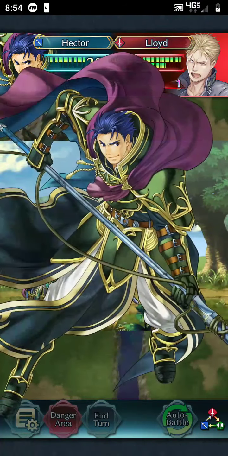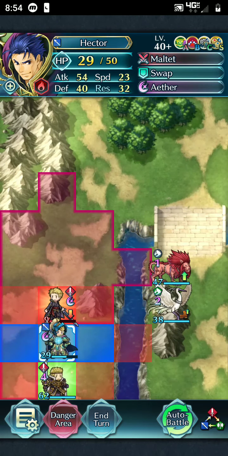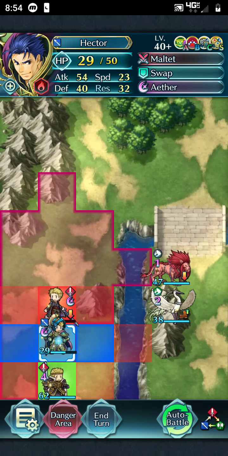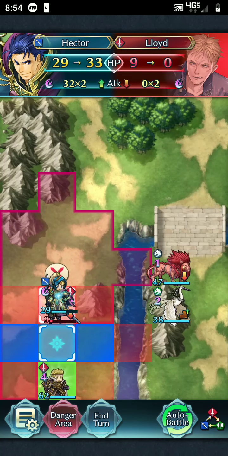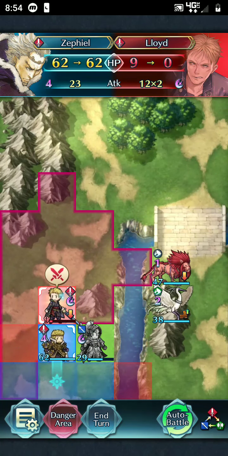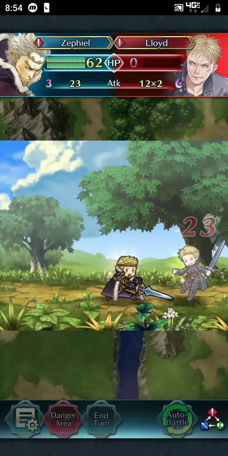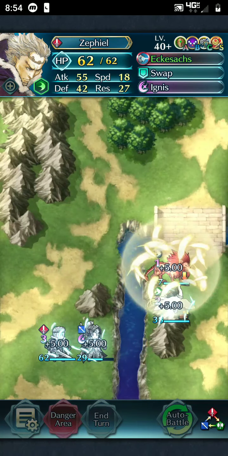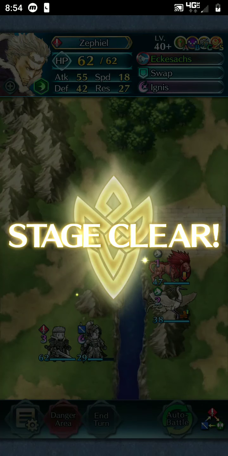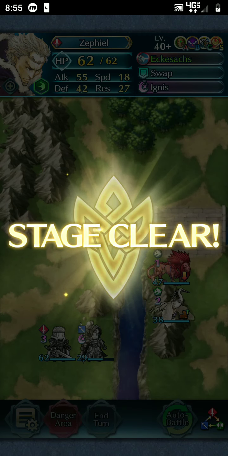Fortunately, he doesn't have enough power to actually do anything worthwhile to Hector. He still has over half of his health. Now, obviously, he can take him out, but I just want a little bit of poetic justice here. You know, Lloyd being one of the four fangs, and the four fangs in FE7 went after Zephiel. So, anyway, that's my Abyssal clear of